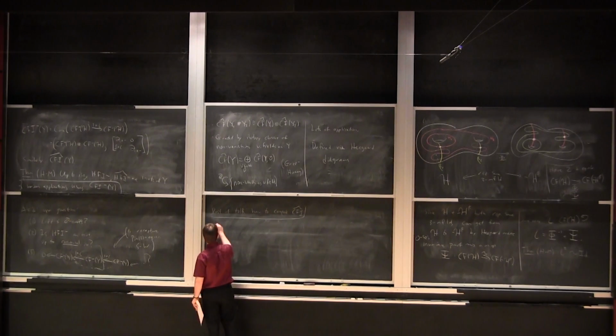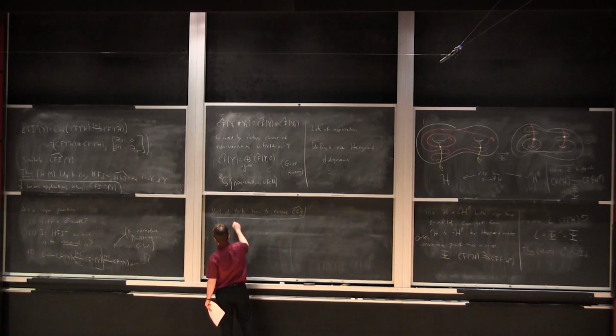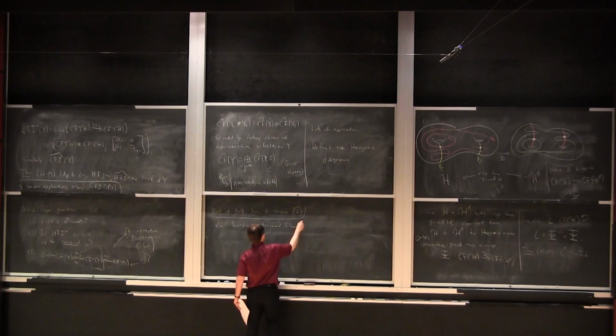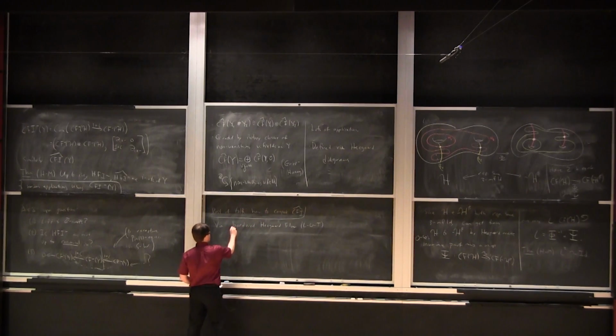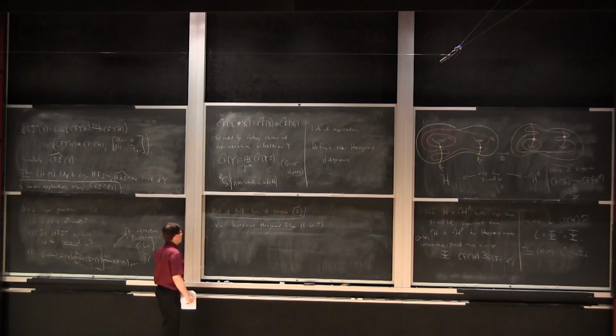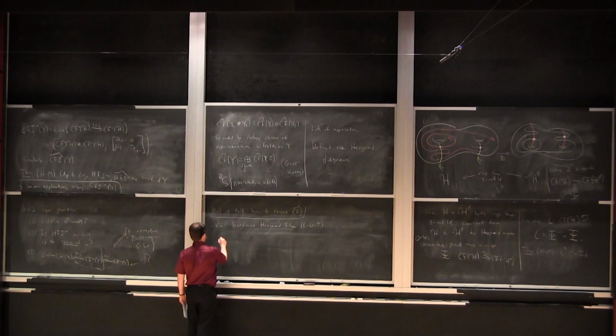So this is via bordered Heegaard Floer homology, joint with Peter and Dylan Thurston. I should tell you something about bordered Heegaard Floer homology. This is an extension of Heegaard Floer homology to three-manifolds with boundary. And the structure is, to a closed, oriented, connected surface,